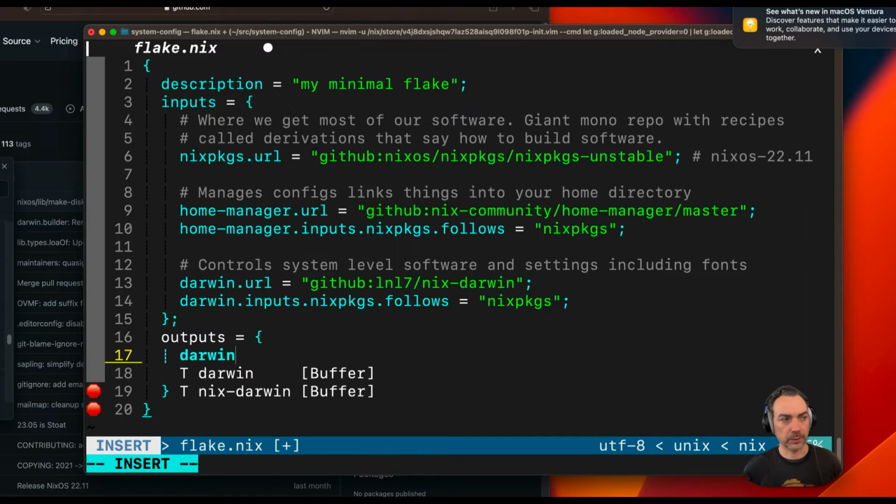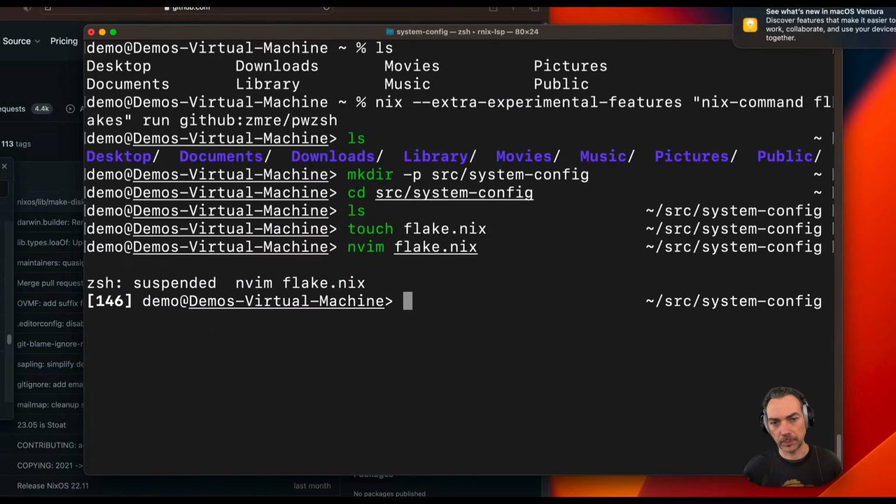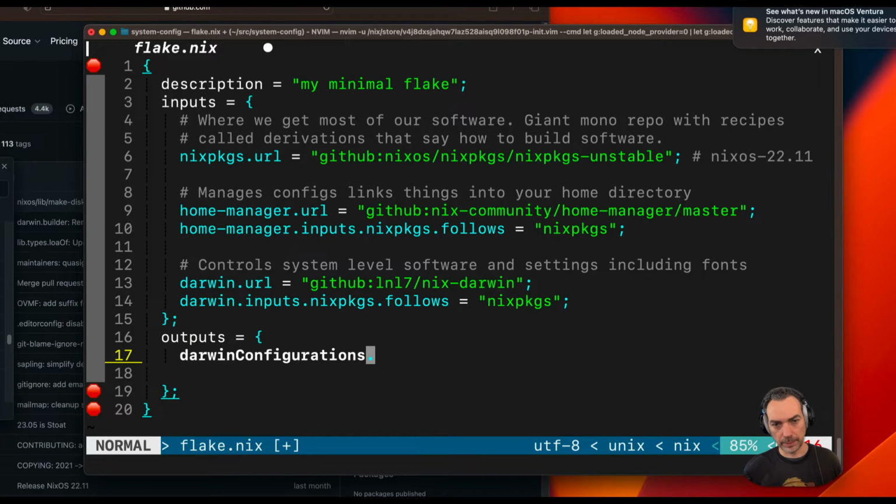There's a special namespace, darwinConfigurations, which we'll use so that the Darwin utilities, the darwin-rebuild utility, know to look for a darwinConfigurations key. That's where it's going to look for stuff. And then it has to have the name of the machine. You can specify names, or you can have it default to whatever the name of the machine is. If you were paying attention, this is called demos-virtual-machine with dashes. That's what this is right here, right? So we'll go back in there. We'll call this demos-virtual-machine